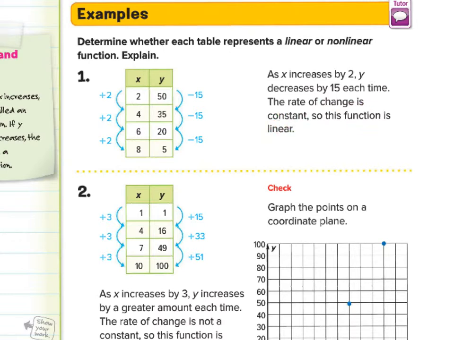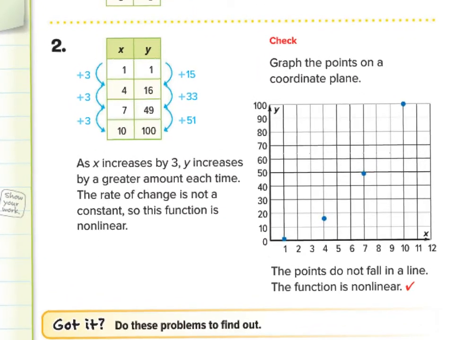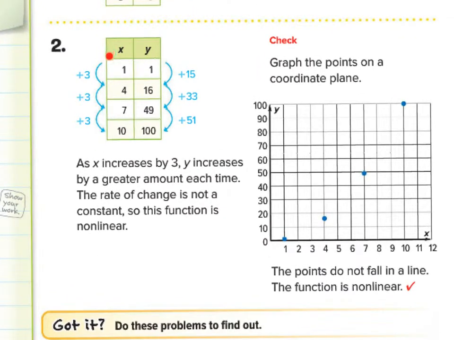Let's look at number 2. Okay. Our input is 1. Then it increases by 3 to 4, and then increases by 3 again to 7, and so on to 10. On this side, when 1 is here, we have 1 here. Okay, they both look like they're starting in the same position, but then when increased by 3 on this side, it increases by 18 over here. And when it increases by 3 on this side, it's going to increase,